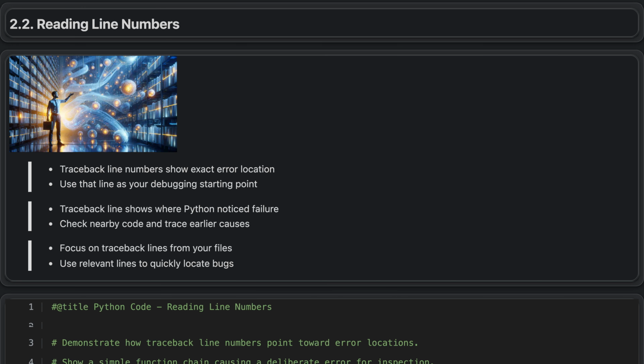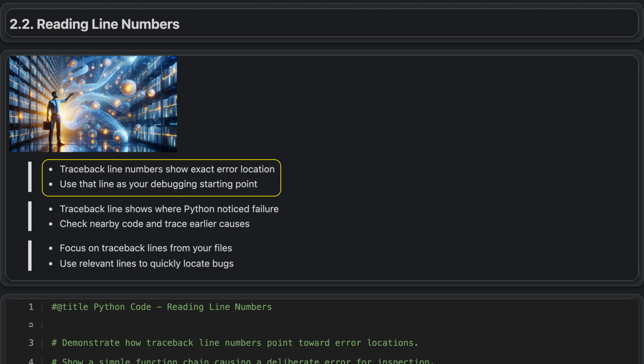Reading line numbers. When you see a traceback in Python, the most important thing to look at is the line number where the error was found. This number tells you the exact place in the file that triggered the problem and is your main starting point for debugging. A traceback shows a series of function calls including the file, line number, and some context for each one. Even if the real cause is earlier in the code, that reported line gives you a concrete location to